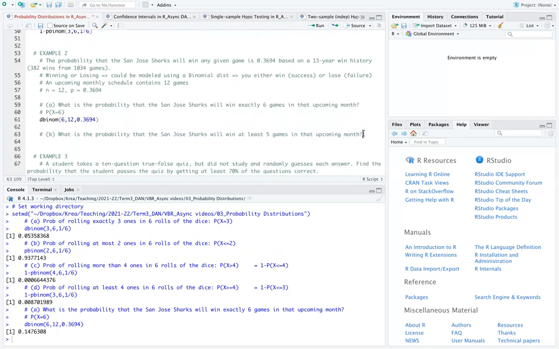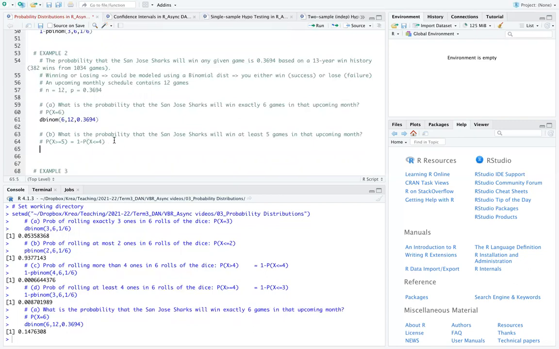Let's do one more. What's the probability that the Sharks will win at least 5 games? So here we want to find P of X being greater than or equal to 5. Well, this is nothing but 1 minus P of X being lesser than or equal to 4. So once you subtract the cumulative probability of outcomes 4 and below, you're left with the probability of outcomes 5 and above, which is what we want. So here we just do 1 minus pbinom(5,